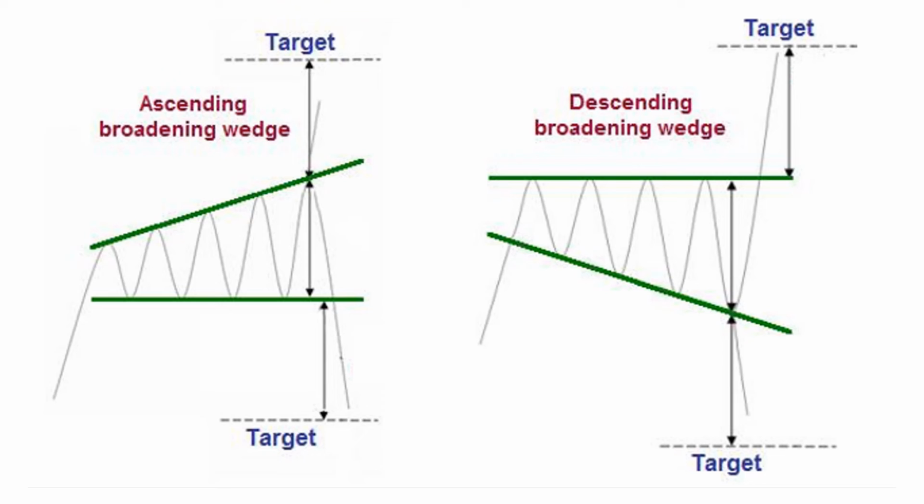The descending right-angled broadening wedges have a descending trend line below the horizontal trend line, with price action in between. Price should touch both trend lines 2 or 3 times. This means 2 or 3 touches to form the horizontal trend line and 2 or 3 touches to form the sloping trend line. Breakouts from these 2 patterns often follows a partial rise, which again is just a small movement upward